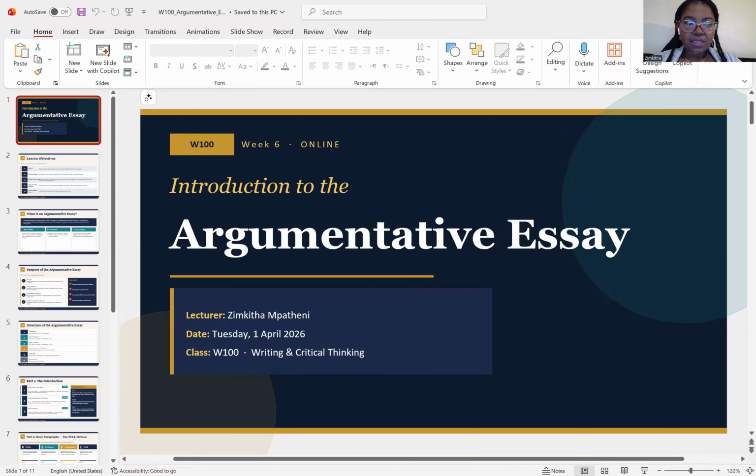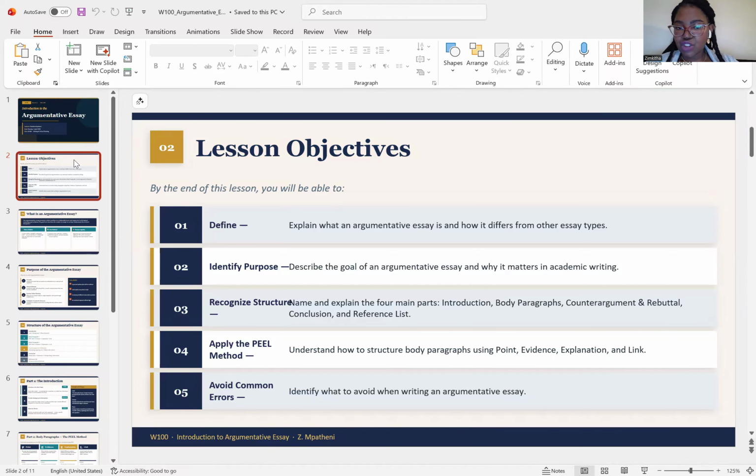All right. Okay. So the first thing we're going to look at is what is an argumentative essay. In this lecture, we're going to look at the definition. We're going to identify the purpose. We're going to recognize the structure of an argumentative essay, because there is a particular structure that you follow. We're going to see how we're going to apply the PEEL method. Yes, you have done the PEEL method. You know how to do it now. This is the essay you're going to share with us, okay? And then also we're going to look at how to avoid common errors. So let's start off with